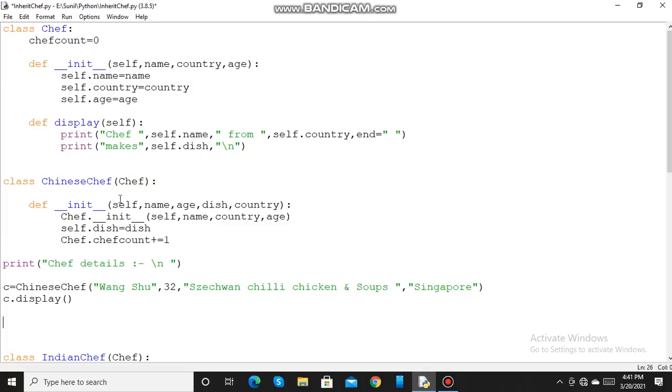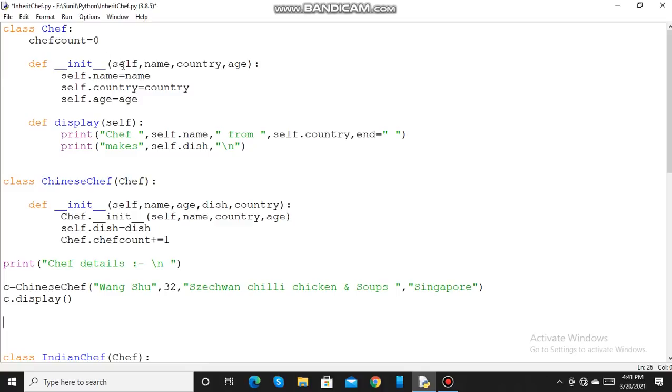The self here is the instance of the class. Here the instance of the class is the object C. Then after that, I am calling the init method of the parent class chef. And these are the arguments, self, name, country and age. So these arguments are passed to the init method of the parent class.